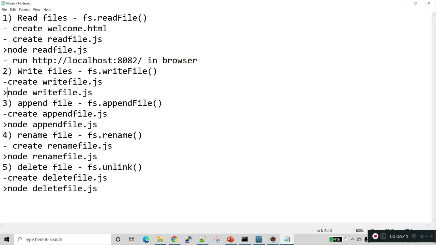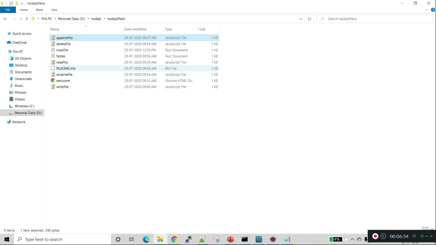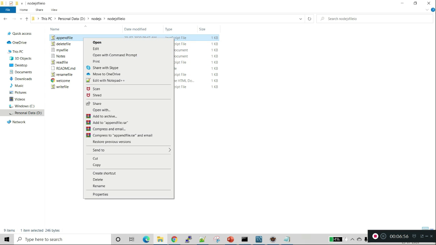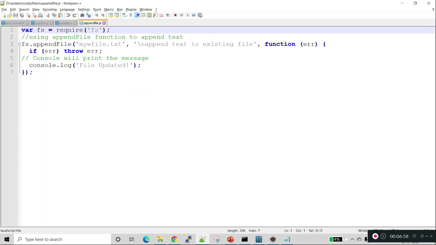The next one is appending the file. We have already created a file, and in that I am adding some more text. For that I have created an appendfile.js. As usual, I have created a variable fs, and I call appendFile, passing the text file and the \n to enter the text on the next line.